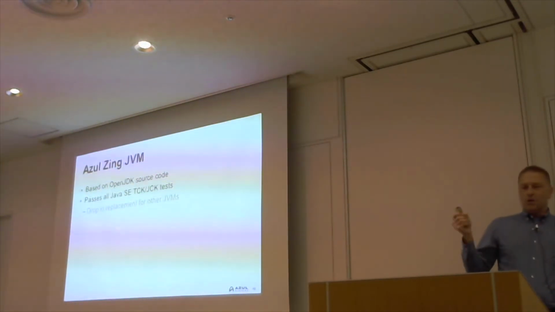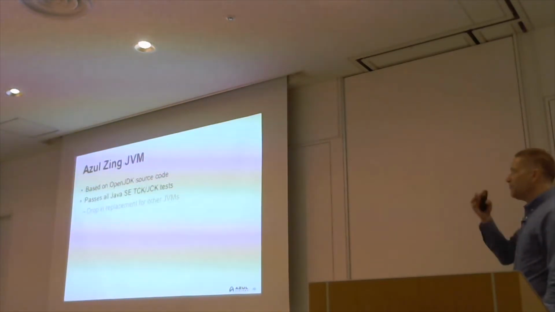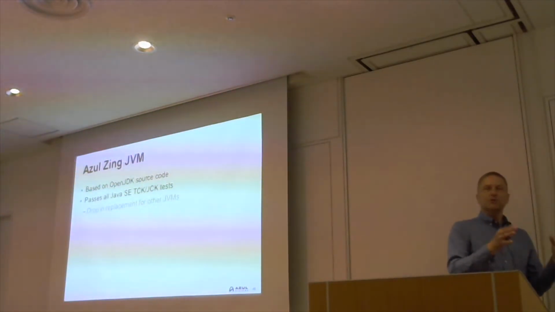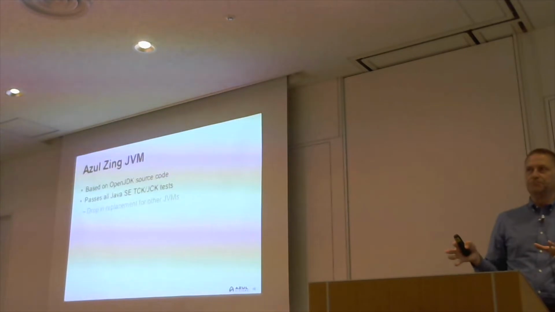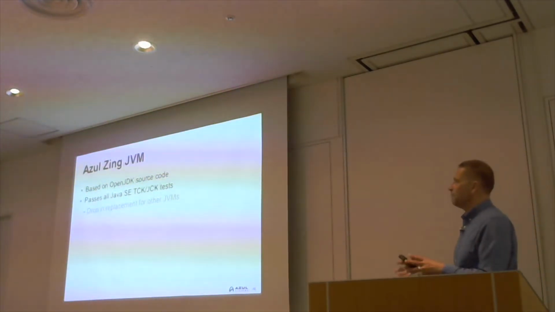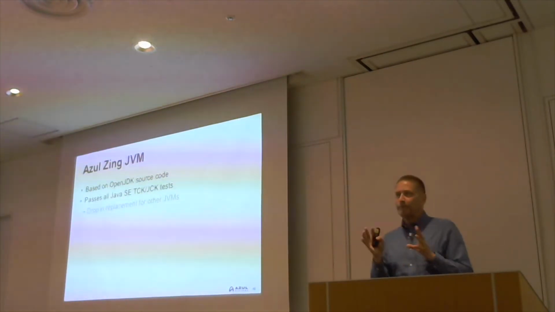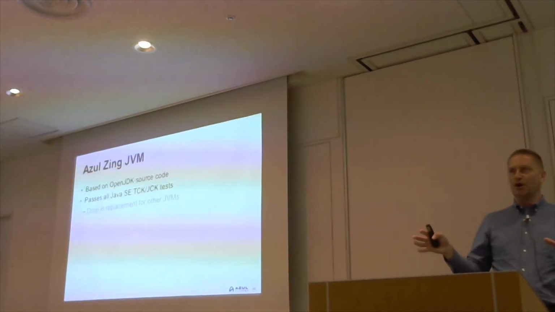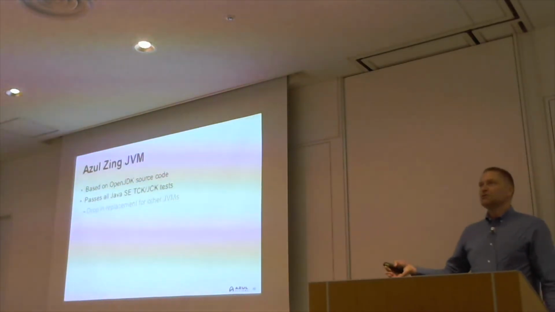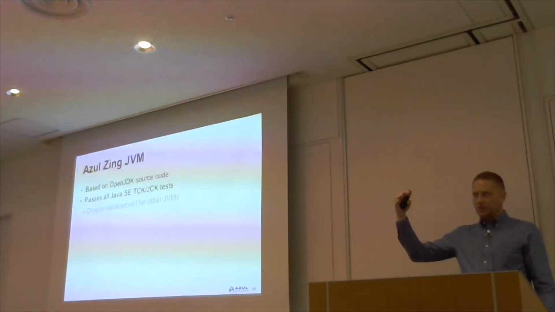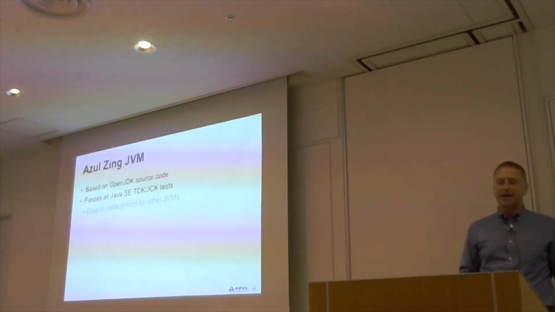So what do we do with trying to solve these problems? Well, we created this thing called the Zing JVM. And the Zing JVM is essentially where we take the OpenJDK source code, exactly the same as we do in Zulu. This time we actually make some changes. But everything we do still passes all of the TCK tests, so make sure it is exactly Java. You can just use it as a drop-in replacement for any other JVM. There's nothing that it will do differently from an application point of view, coding-wise, than any other JVM.